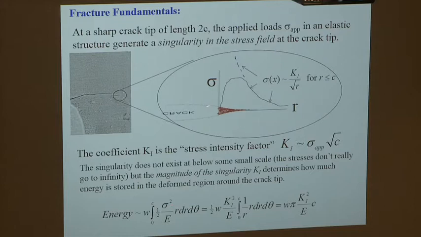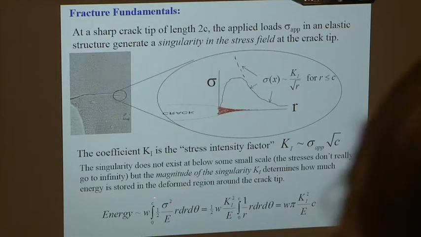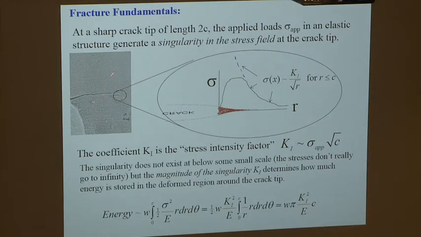And if you take the energy, I have the energy density, and I integrate the energy density around about the radius of the crack. W is just the length coming out this way to make everything dimensional. And I integrate in a cylinder. I find that the energy is this quantity squared times the crack length times per unit length, W, divided by E. And so this is the energy that's available in the field, or stored in the field,